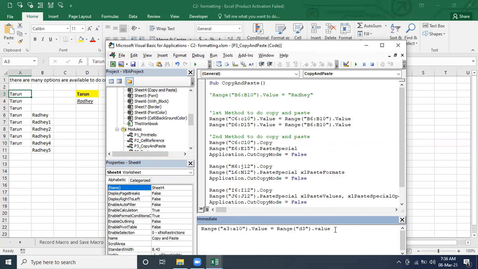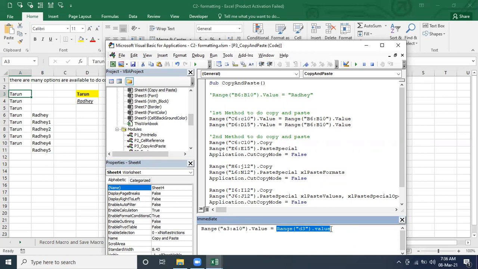This is the problem with the normal way. This is one way to do copy and paste, but the problem is it passes only the value. It's not going to paste the format also. Hope you understood what it means. So this is not exactly copy and paste.